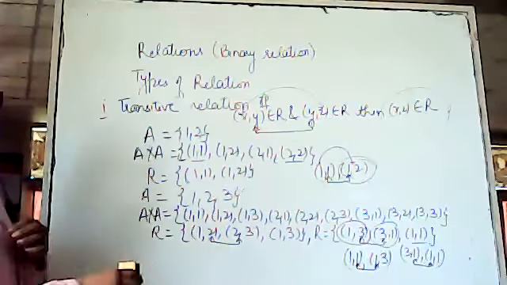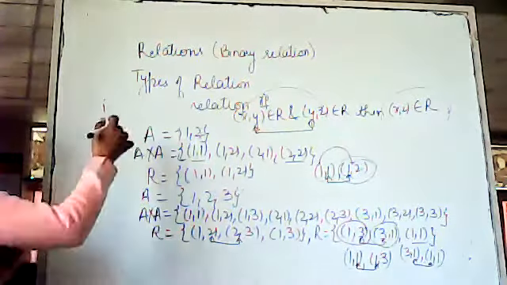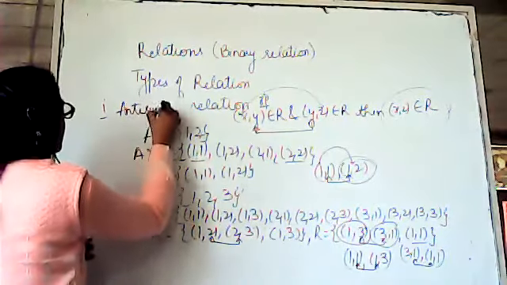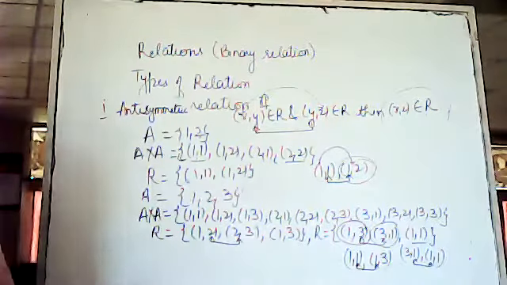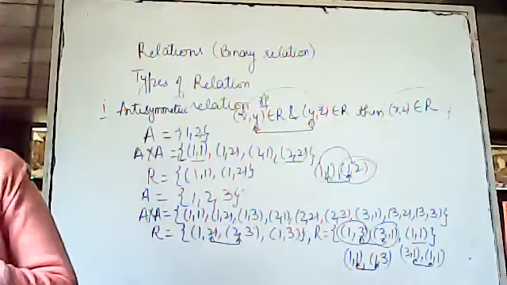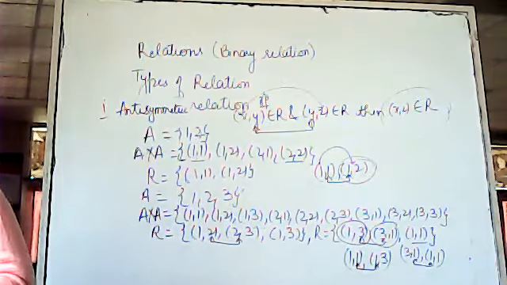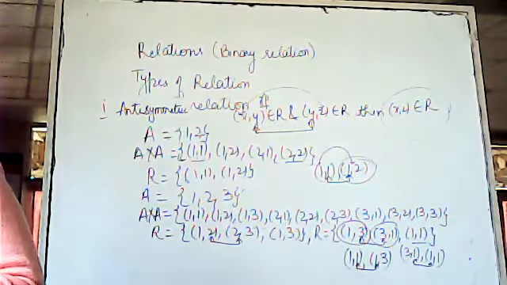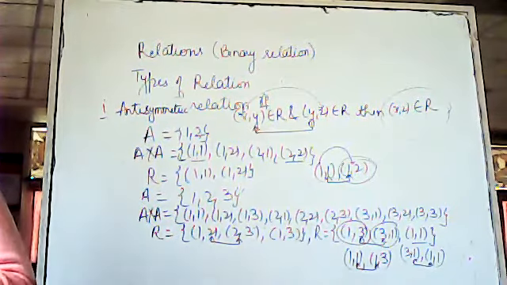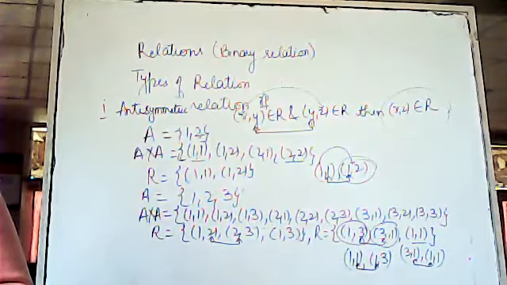Next is anti-symmetric relation. Let A be any set, capital A. A relation R on set A is said to be anti-symmetric if and only if